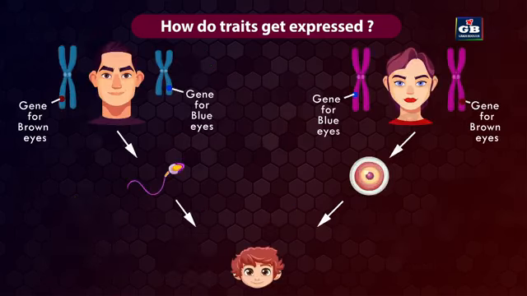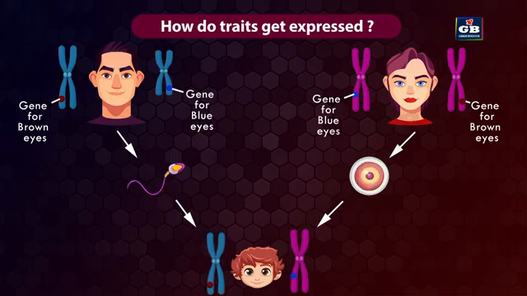So we understood that each trait is controlled by two genes, but these two genes are not present in the same DNA strand. Our DNA is coiled into the form of chromosomes. Chromosomes are present in pairs, so the two alleles of a specific trait are not present on the same chromosome. Normally, our cells have two sets of chromosomes, but when gametes are formed, only one set of chromosomes is transferred to them, because gametes are haploid in nature. So out of the two alternative genes for a specific character, only one enters the gamete. When this gamete fuses with the other gamete, they get the pair of genes for that character.